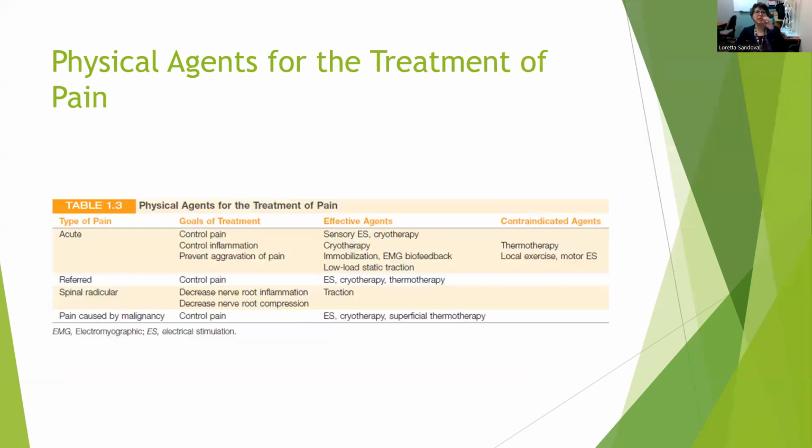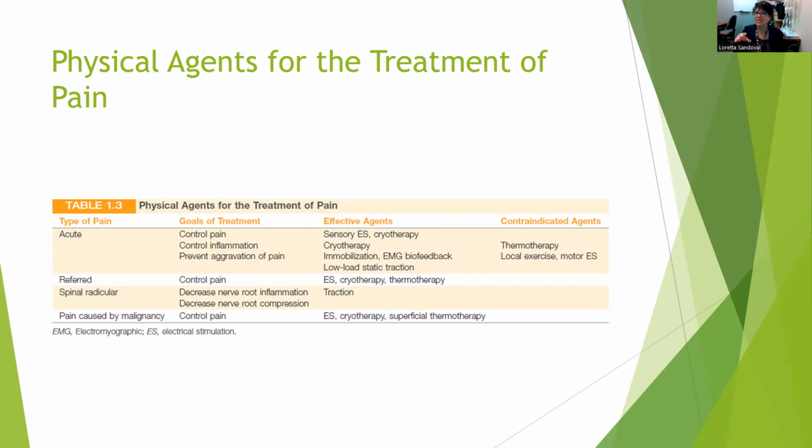So for the treatment of pain, there are a lot of different agents that may be effective. And depending on the type of pain, we might use different agents. The different types of pain that we talked about a little bit in pathophysiology: acute pain, referred pain, spinal radicular pain, which is basically pain moving in a nerve root distribution, or pain caused by malignancy because you have a tumor pressing on something. Some different physical agents may be useful for the treatment of that pain,